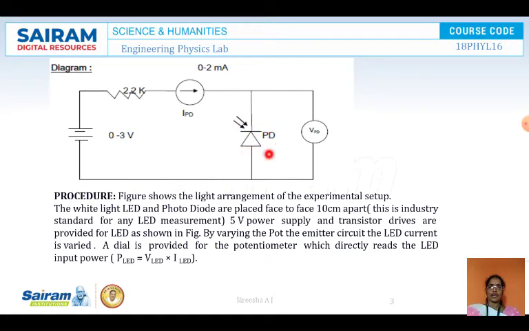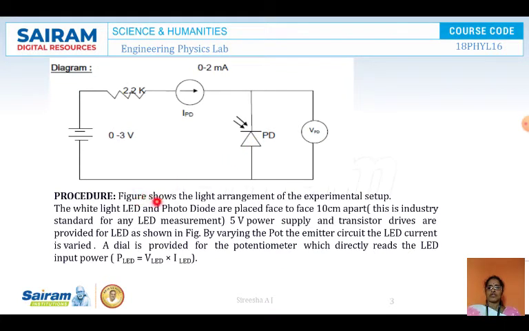The voltage across the photodiode, VPD, is determined by the voltmeter here, and the ammeter is connected in series. You can see over here the resistor, 2.2 kilo ohms, to safeguard the amount of current flowing through the photodiode, and you have 0 to 3 volts. Now this experiment is very easy. Here you can see that the photodiode is connected in reverse bias. That is, the negative terminal of the battery is connected to the positive of the photodiode and the positive is connected to the negative. So it is a reverse bias condition.